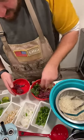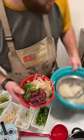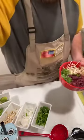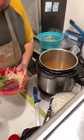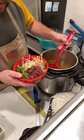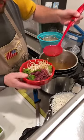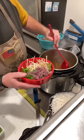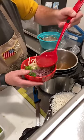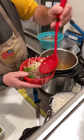All right, so we've got about 15 minutes of cook and prep time, and that's almost cooked to a nice medium rare. See, this is what I'm talking about. Look at this. This is cooked. It's slightly rare right now. Another 30 seconds or so, that will be nice and medium rare. That's how I like my steak. If you like your steak well done, then pre-cook it slightly. But otherwise,